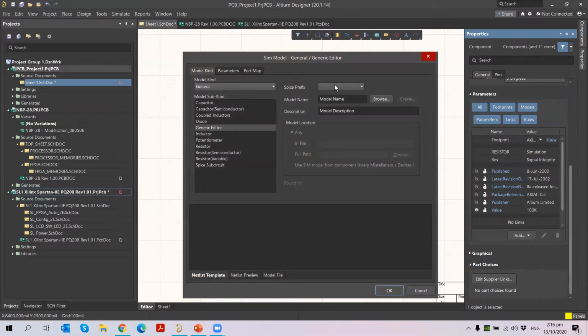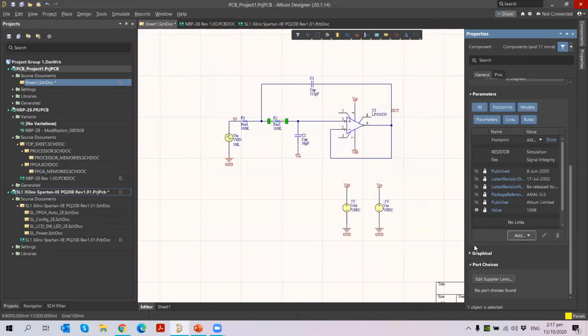If you know the prefix, you can add it, or go to the model and browse for the location, then bring in the model. Then you will see the netlist template, prefix, and model file, all this information. Then you click OK, and the simulation model will be added to that component.